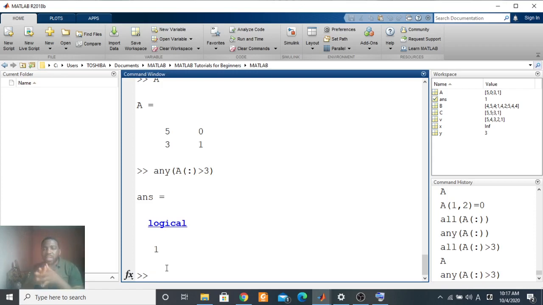All right. So the advantage with all of this is that it does a very huge comparison in the matrix and then gives you just one logical answer with which you can work. There are a plethora of these functions in MATLAB. If you go to your help documentation and type is star, and press enter, you should have a very good comprehensive list of all of these functions, and you can go through them because believe me, they are handy. As we are working together, not only in this course but even in the channel in general, you shall see how handy these functions are.